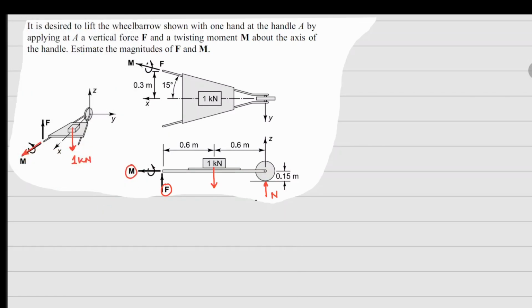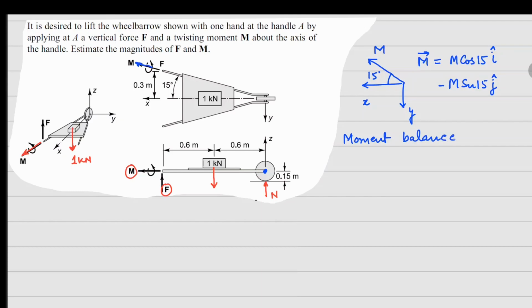So if you notice, your M is right here. So if I draw M, this is your x-axis, and this one is your y-axis, and this angle right here is 15 degrees, and this one is M. So in terms of components, I can write M as M cos 15 i cap and minus M sin 15 j cap. Now for the moment balance, if I take moment about this point right here,